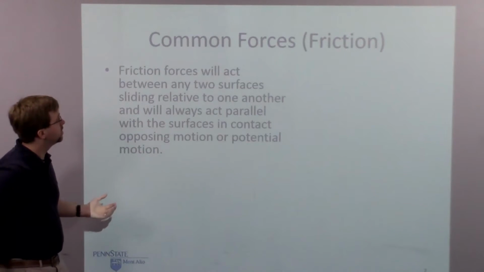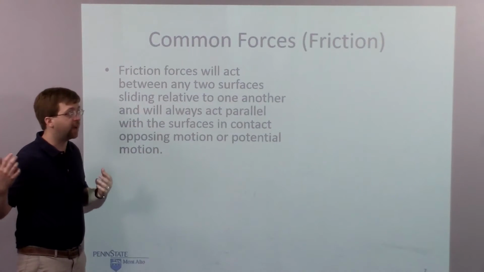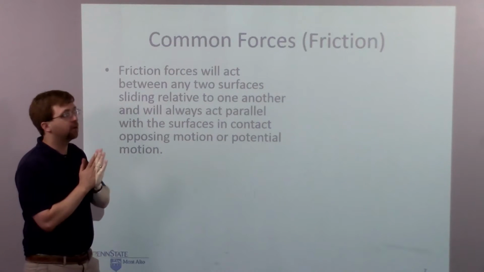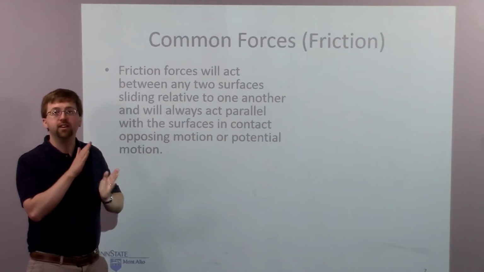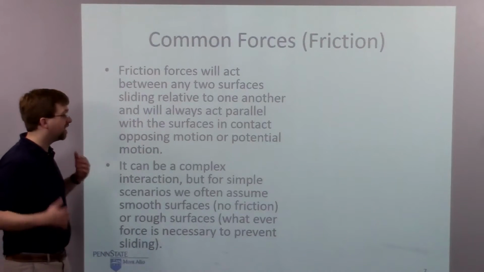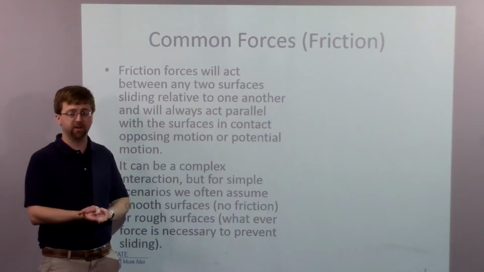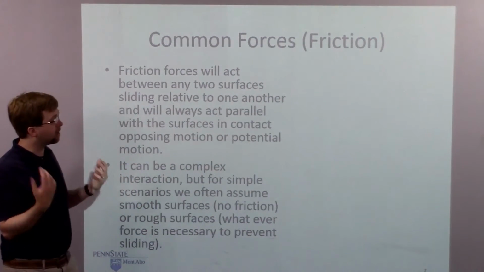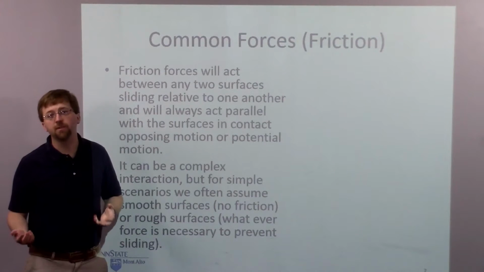Next, we'll talk about friction. So friction forces will act between any two surfaces that are in contact, just like we have the normal forces. But they are going to prevent sliding. They're not preventing the objects from moving one into the space of the other. They're preventing the two objects from sliding relative to one another. And it can be a complex interaction, but for now, in early stages, we usually talk about two types of surfaces. We're going to talk about smooth surfaces where no friction exists, and we're going to talk about rough surfaces where no matter how hard I push on something, the friction is large enough that it's going to prevent that